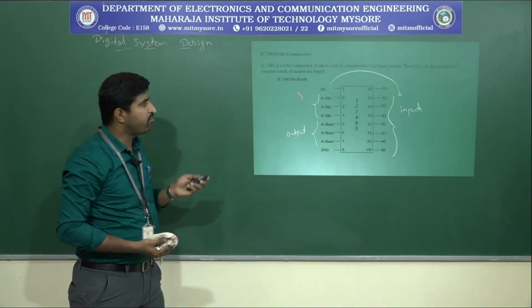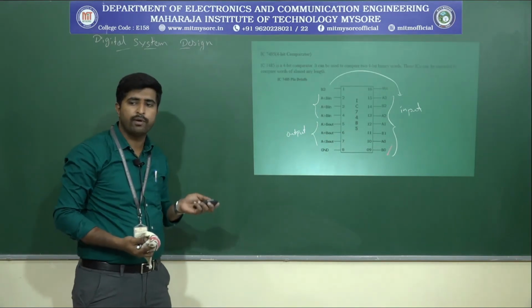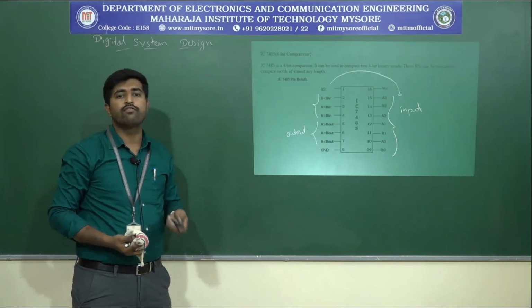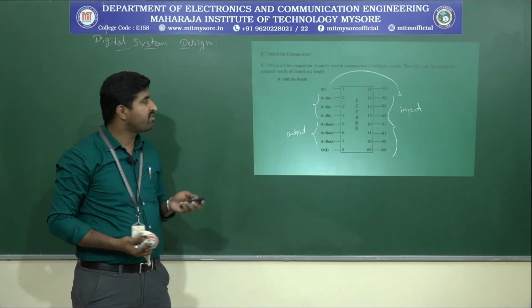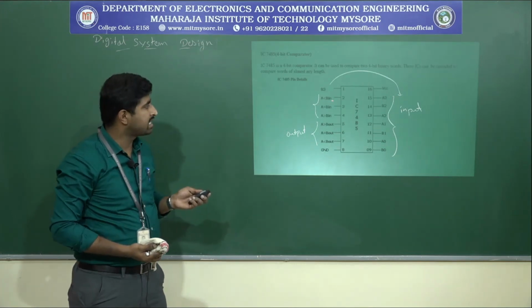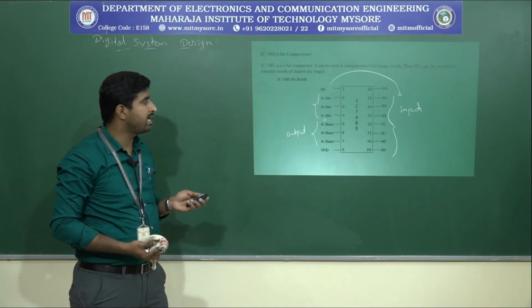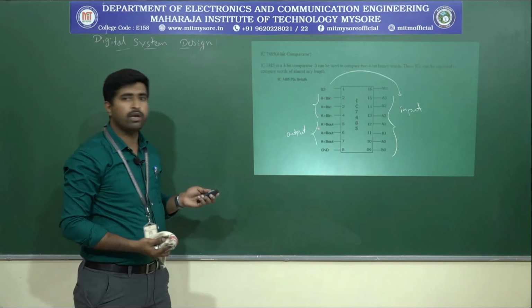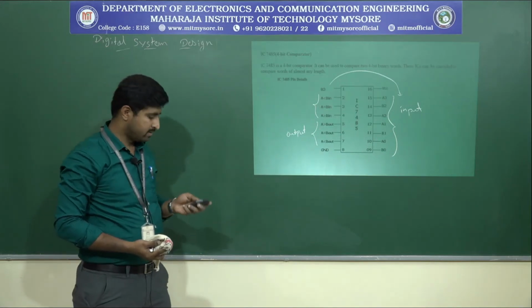So this is a 4-bit IC. Cascading this 4-bit IC with another 4-bit IC, we can compare more than 4 bits. For that purpose, we have the other inputs, called cascade inputs. That is A lesser than B in, A equals to B in, and A greater than B in. So by understanding the truth table, you are able to understand this function.